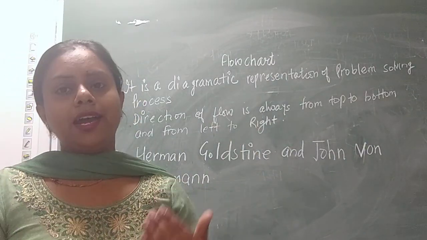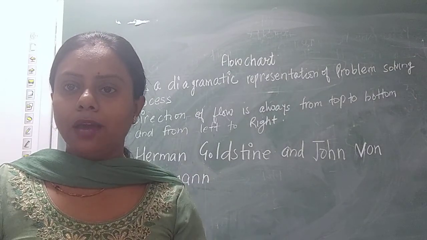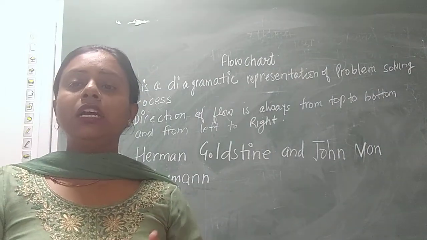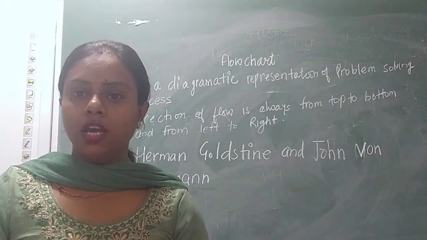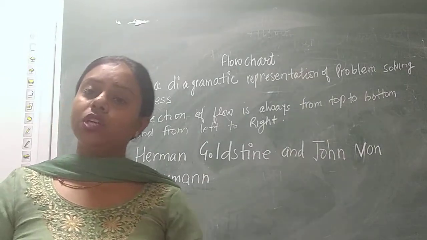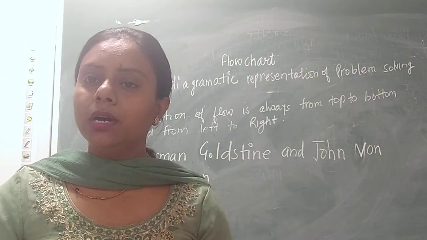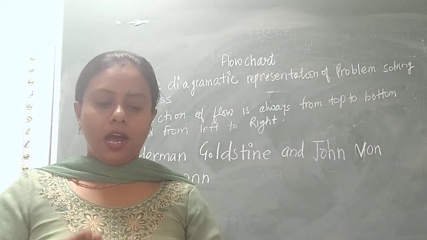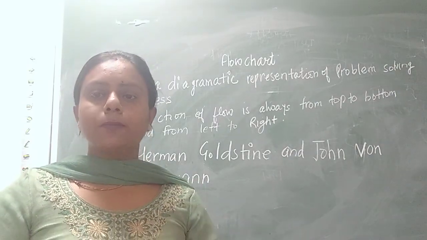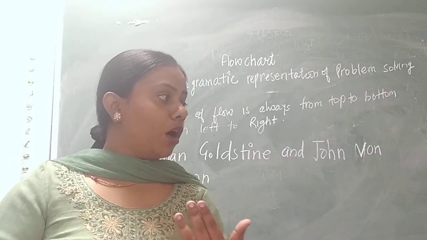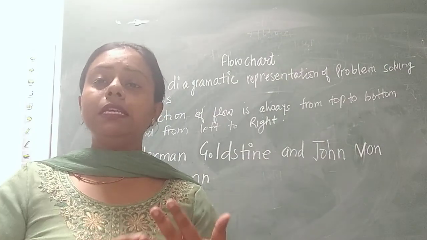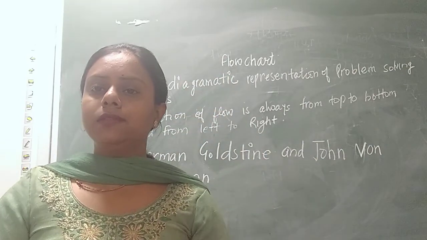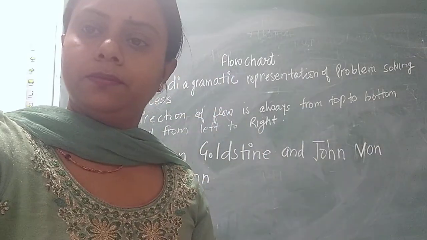Means when you have decided what program you have to write, and when you are done with writing the algorithm, after that we convert the algorithm into the flowchart. So when we have to design a flowchart, we need some symbols. The symbols which are used to design the flowchart are start and stop box, input box, output box, processing box, decision box, flow lines and connectors. Let us understand these symbols one by one.